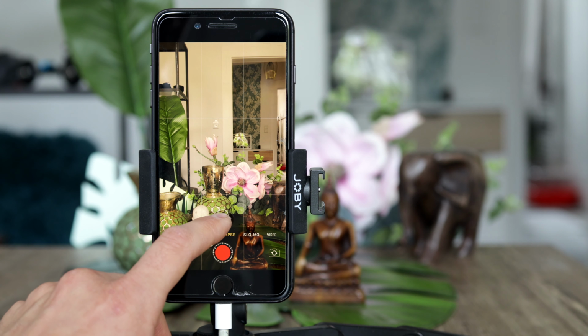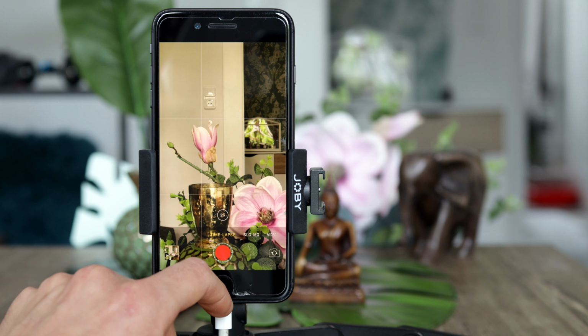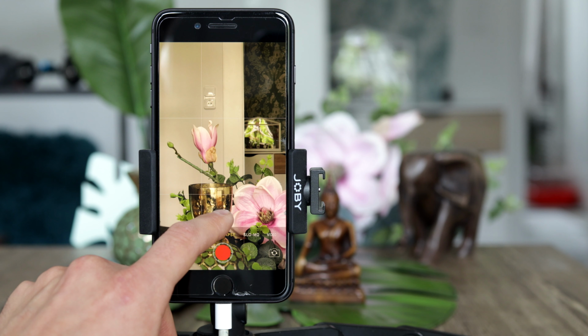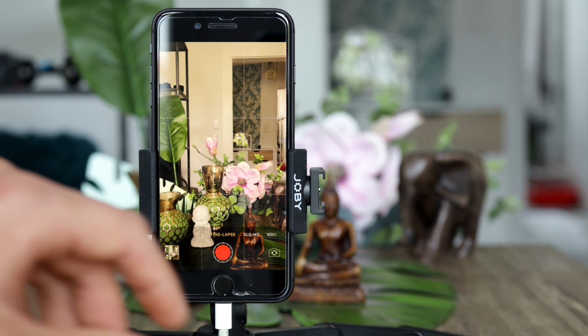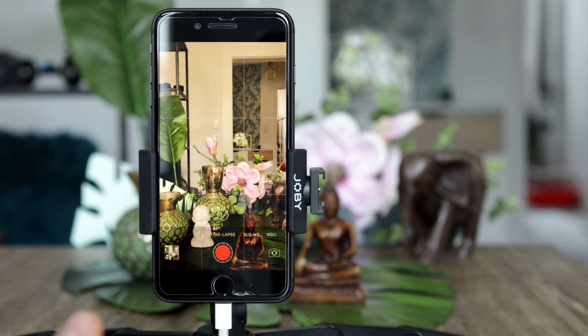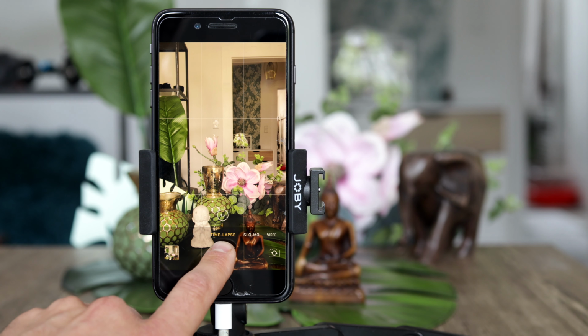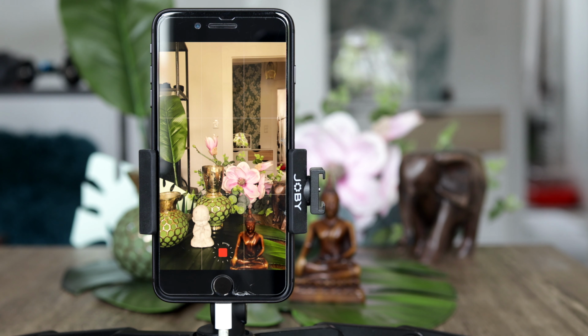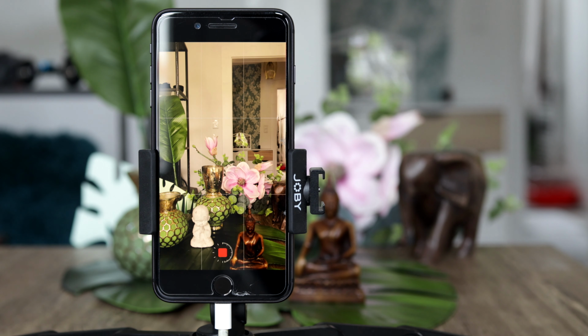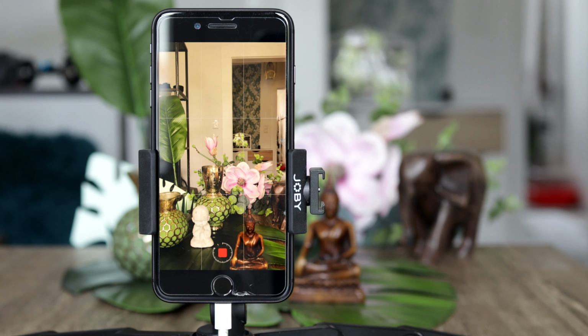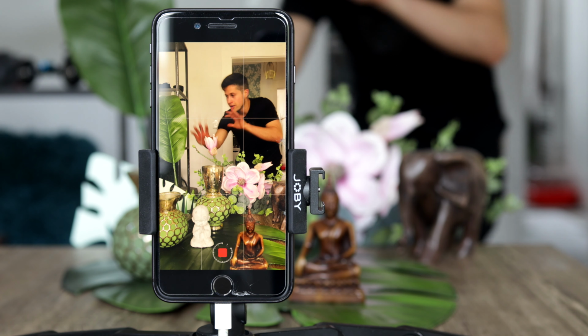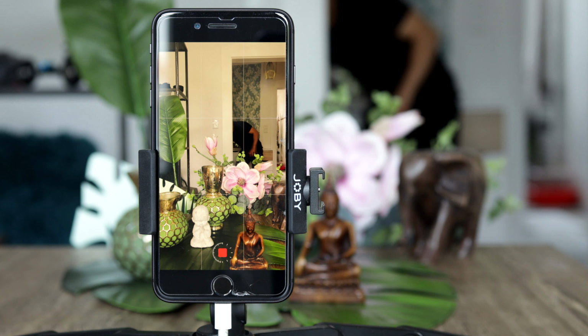If you tap on the little 1x here, you have a 2x optical zoom, which not all iPhones feature, but in this case I have an iPhone 8 Plus and this iPhone does feature a 2x optical zoom. Let me explain what time-lapse does. I start a time-lapse video now and then I'm gonna move behind the camera, move a little bit around, go out of the room, come back in,